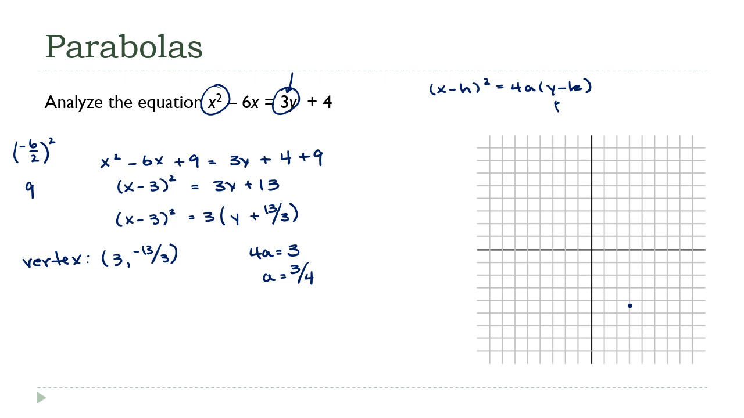Now, because this opens up, the directrix has to be below, and it's going to be 3/4 below. That's not a whole lot, so it's going to be pretty tight here. It's going to be right about here, maybe even a little higher up than that. Right? My art skills are pretty dubious. So where is that? Well, the y coordinate here was negative 13 thirds, and to get to this point, we're going to subtract 3/4 from that. So my directrix